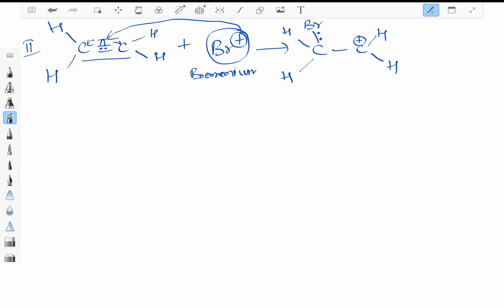If it is going to this carbon, it forms a bond in this way here, and Br plus is changing to only Br. Because this carbon is losing this pi electron, it is getting a positive charge. This is called a carbonium ion, because carbon now has a positive charge. The third step is the carbonium ion, that is, a carbon single bond carbon with positive charge and two hydrogens. Here we have Br, here I have H, here I have H.